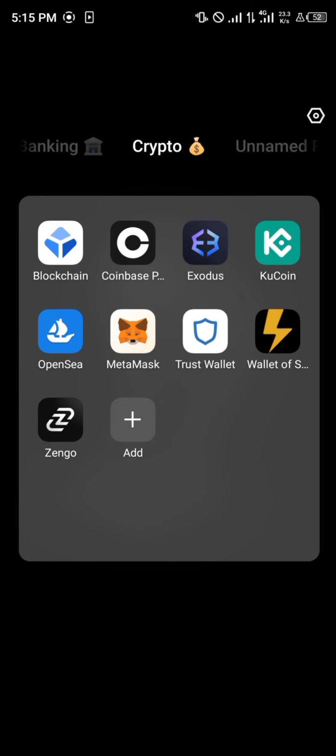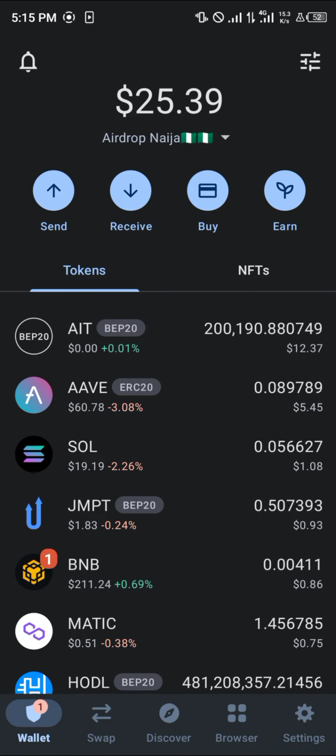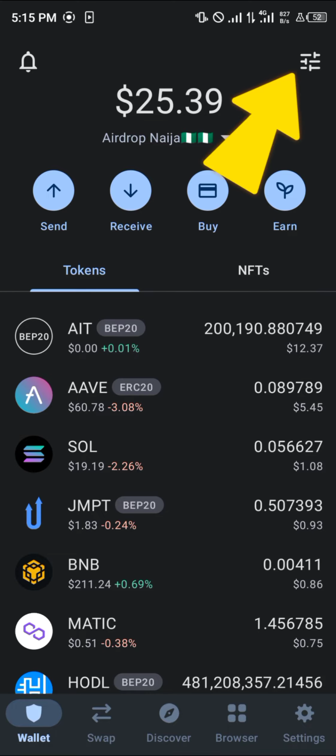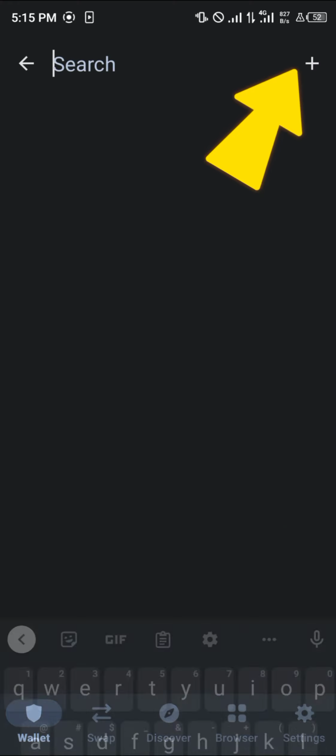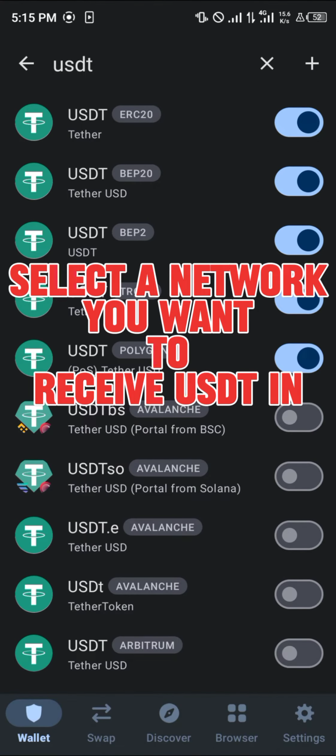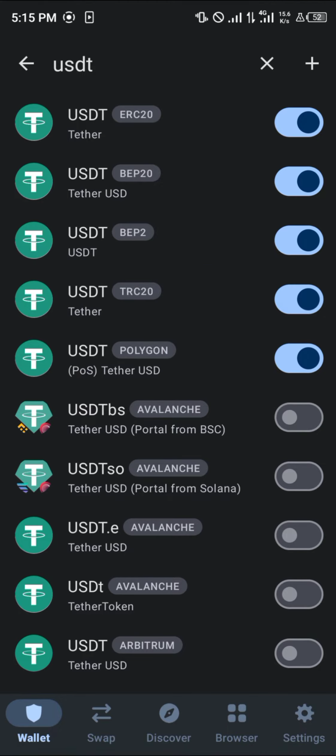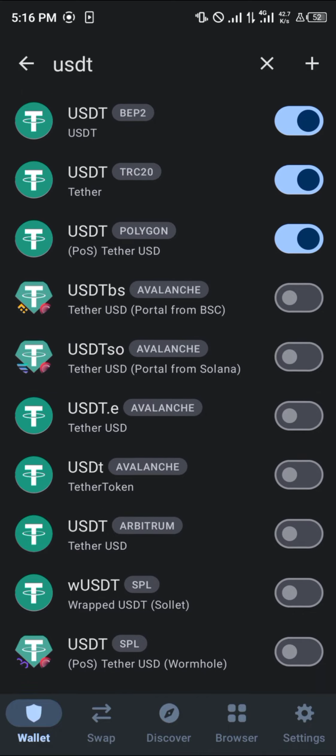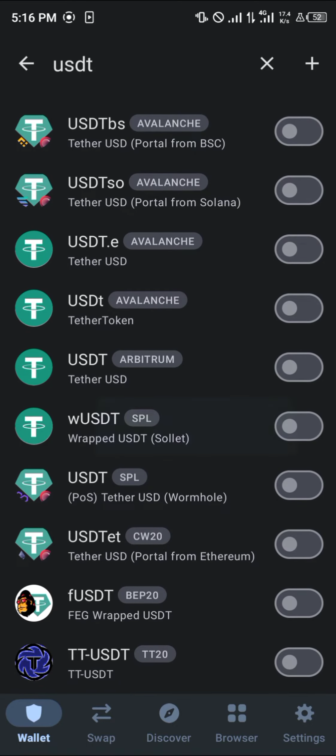Now, what you need to know is Trust Wallet also supports USDT. It supports USDT transactions, but it supports them in various networks as well as the Binance mobile app. So all you need to do now to get those networks is the toggle at the top right corner of the screen, search for USDT. Once you've done this, you'd find that the USDT exists on ERC20, BEP20, BEP2, TRC20, Polygon, Avalanche, Arbitrum, SLCW20, and